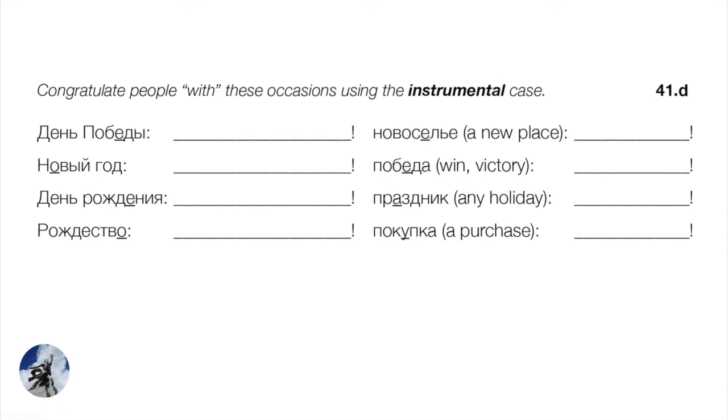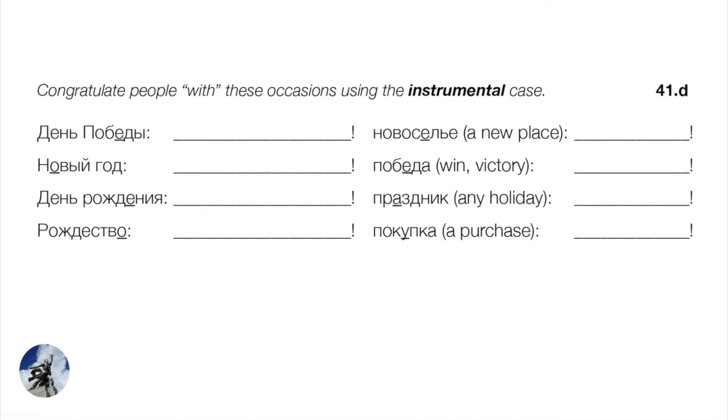Okay, here are a few other occasions. With your new place, right? Новоселье, we said, often can refer to this housewarming party. The word literally has to do with settling, right? With a new act of settling. You're settling into a new home. And so we can also use this here in the sense of happy new home. I congratulate you with your new place. С новосельем,